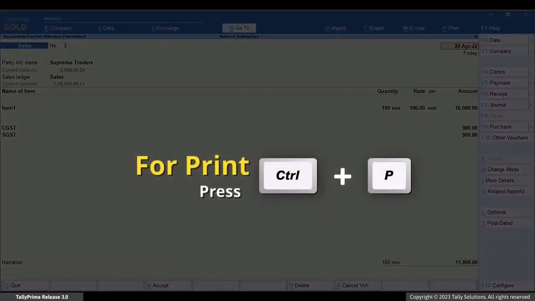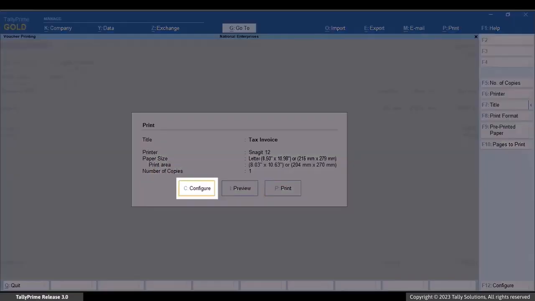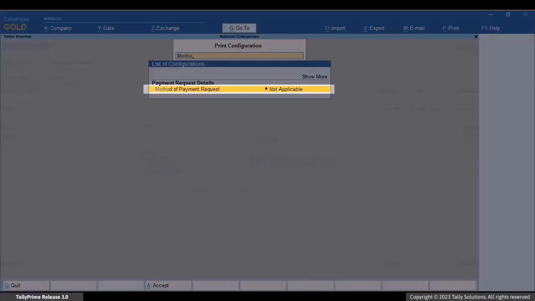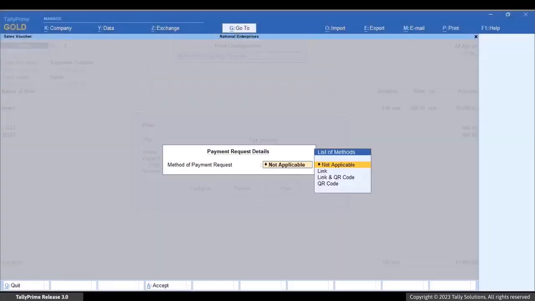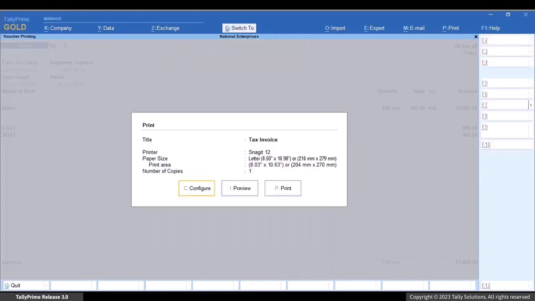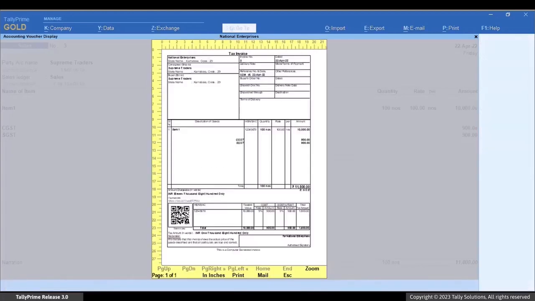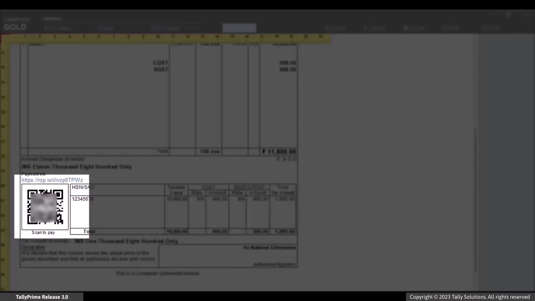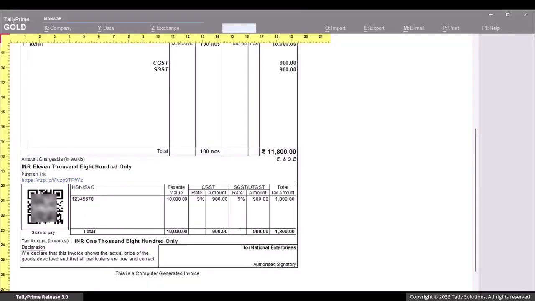Press Ctrl+P. Press C to configure. Type or select method of payment request and press Enter. You can choose to print link, QR code or both. Press Ctrl+A to save the configuration and then press I to preview. As you can see, the payment link and QR code are part of the print. Similarly, you can email or export the PDF of the voucher and share with your customers via email, print, or other modes as per your